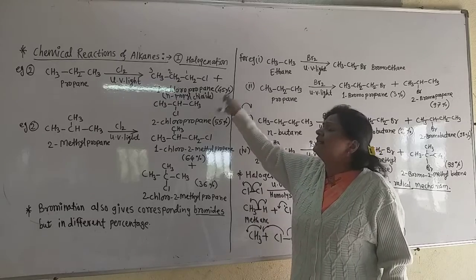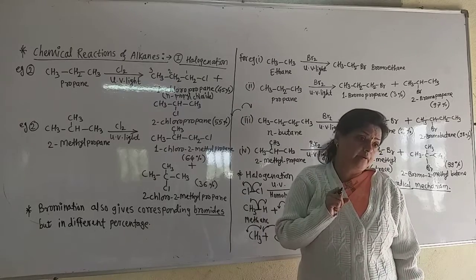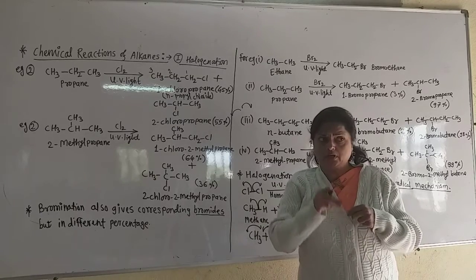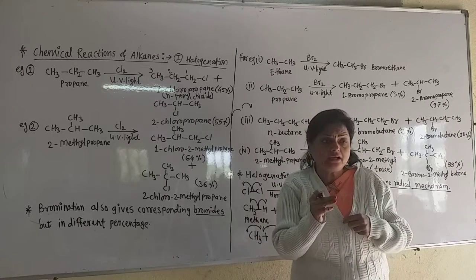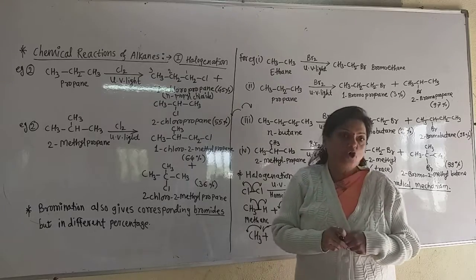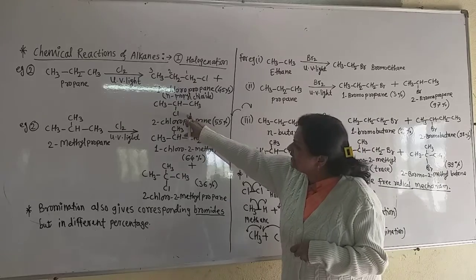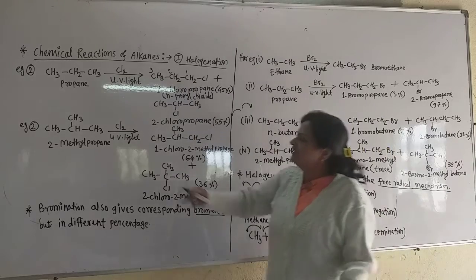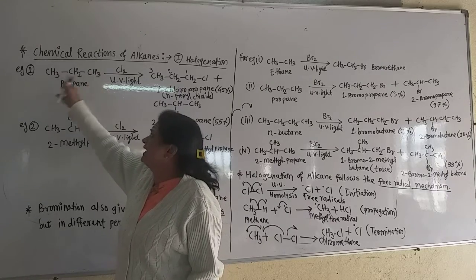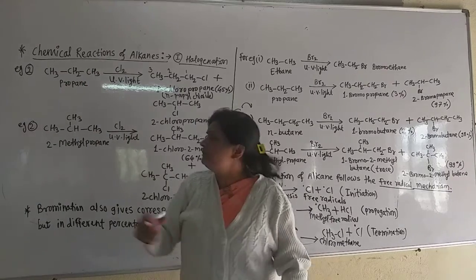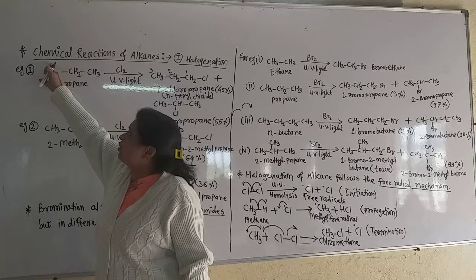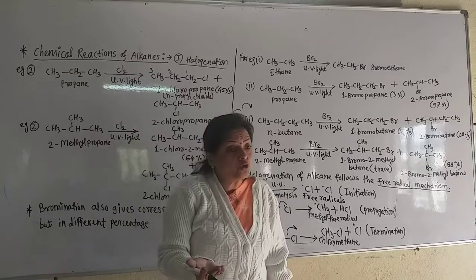And the percentage of this compound obtained is 45%. Generally, the branching haloalkanes are obtained in more proportion than the straight chain haloalkane. So here, in the second compound, these 2 methyl groups are similar because they both have 3 hydrogen atoms. If this is also replaced by chlorine, then we do the numbering 1, 2, 3. That is also 1-chloropropane.